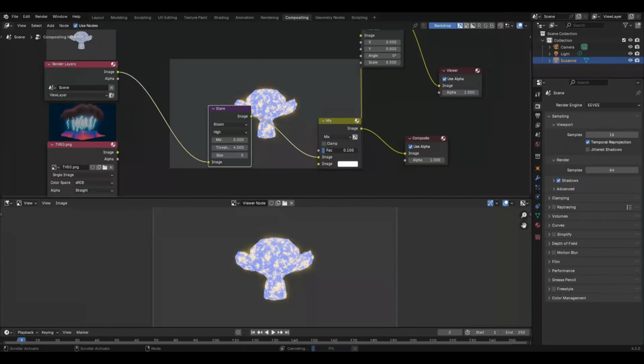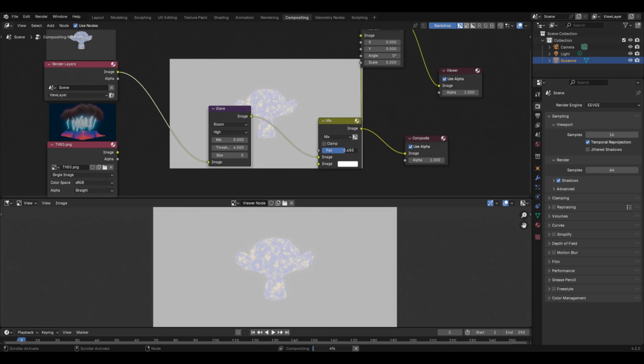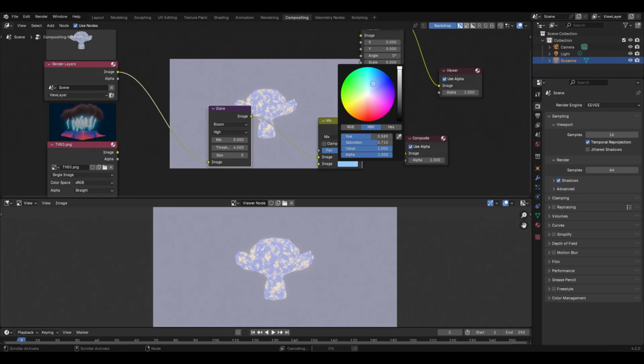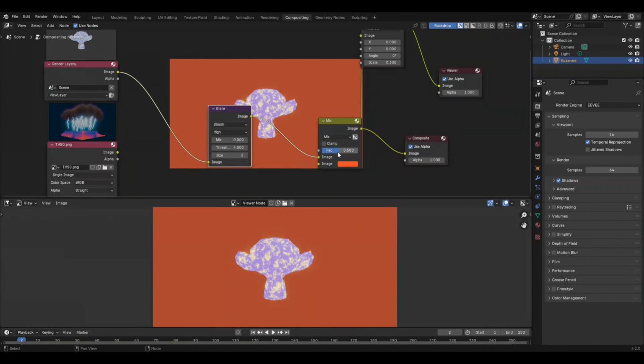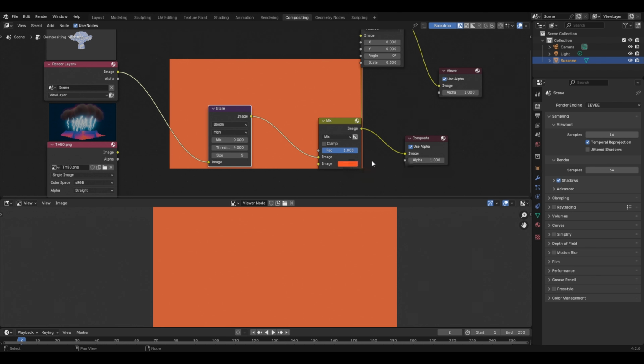If I increase this factor value to 0.5, then there will be an equal mixing of both images with each other. Also, you can try to change the color from here to maybe blue or green, and you will notice the same change in color in the final image also. However, if I increase the factor value further to 1, then only the second image will be visible, which in this case is the orange color.